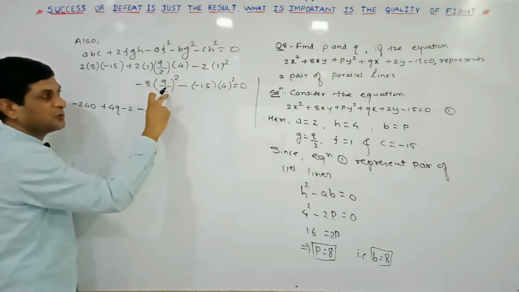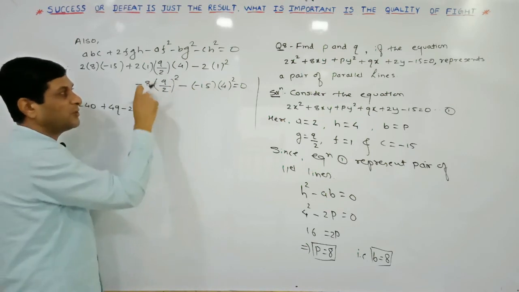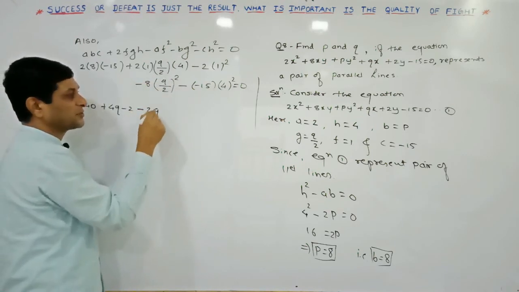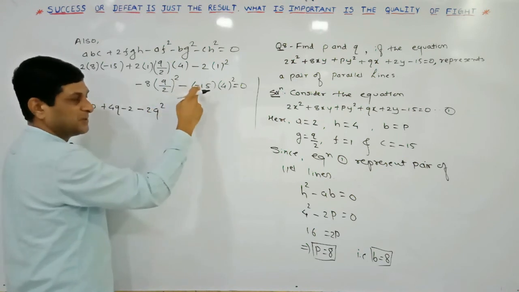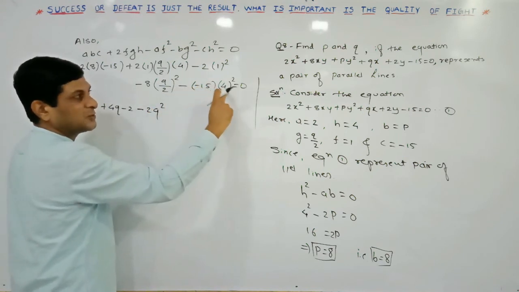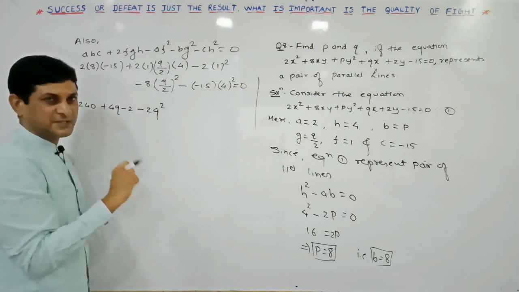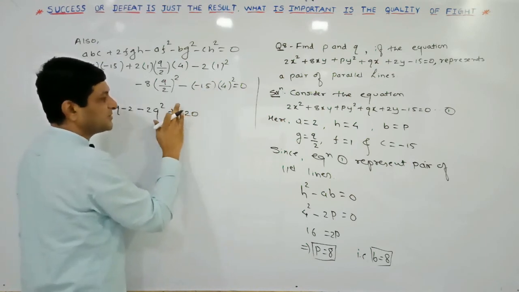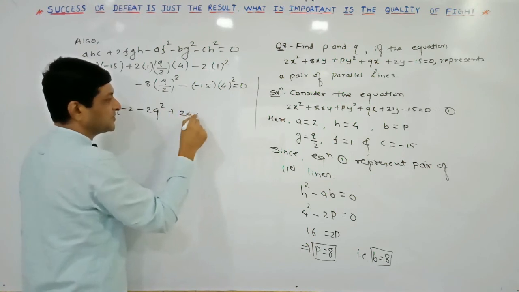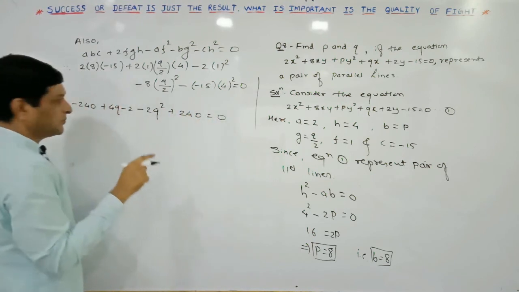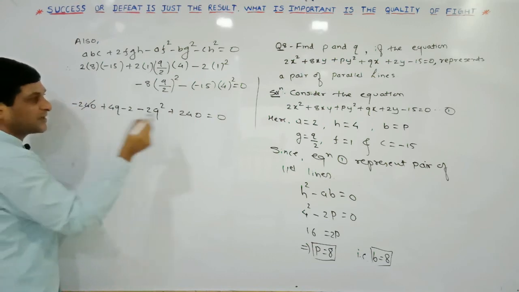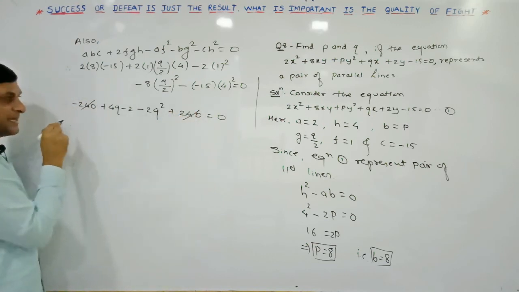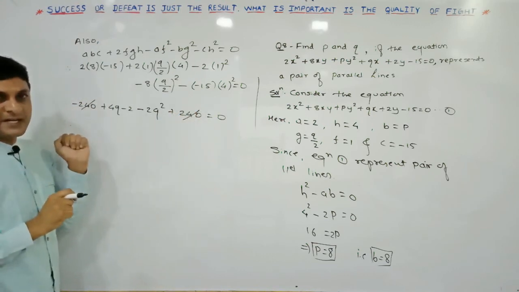What is square of q by 2? It's q square by 4. 4 2s means 2q square. Minus into minus will become plus 15. 15 into 16, because square of 4 is what? 16. 15 into 16 is plus 240. Plus 240, so which is equal to 0. Keep it as it is. We can observe that minus 240 and plus 240 will get cancelled, and here we are getting one quadratic equation,